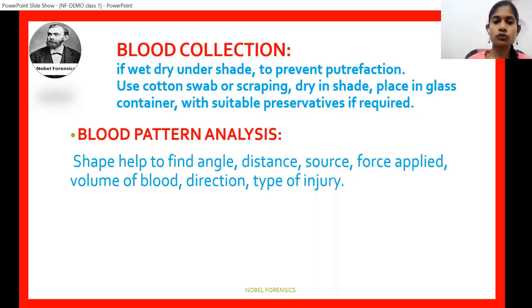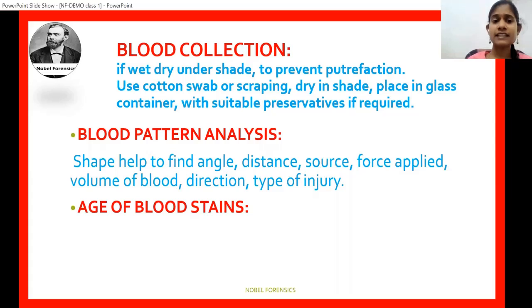These can all be found from the blood pattern analysis, and there are also a few questions from it. Blood stain shape: if blood falls at an angle, what is the shape of the blood? That is a previous question. It is the exclamatory shape. We usually see that exclamatory shape on our walls, and blood is also in the same shape. That is a previous exam question.